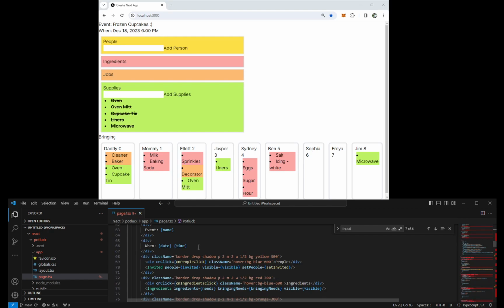Here's the main body. Just experimenting with Tailwind here. So border with a drop shadow. Tailwind's like a bunch of CSS classes that are shortcuts for commonly used CSS stuff. So it's a bunch of different little wrappers. So here we have a hover event, and it changes the background to blue on people here. So when we hover, you see that